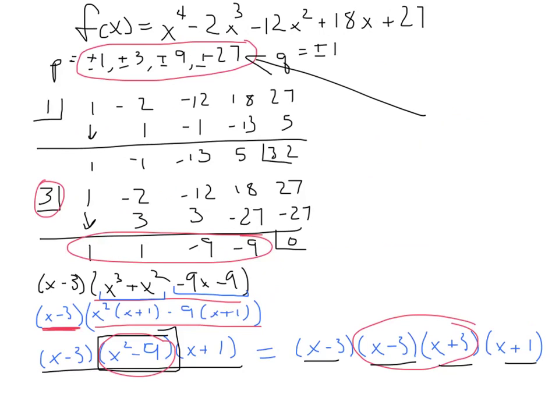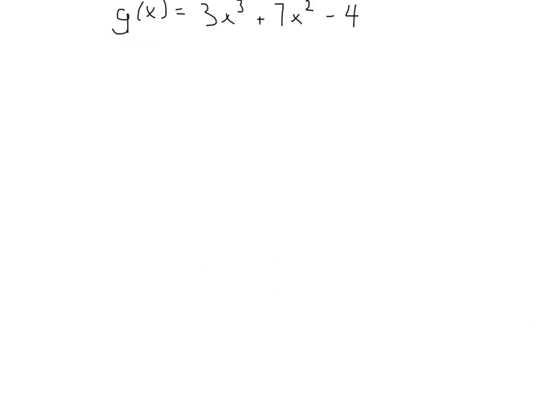And we'll try one more example of this where the leading coefficient is not 1. Here we'll consider the polynomial g of x equals 3x cubed plus 7x squared minus 4. Again, we know that our p-values are all factors of the constant term, which is negative 4. So we've got plus or minus 1, plus or minus 2, and plus or minus 4. Q are all factors of the leading coefficient, which in this case is 3, so it's going to be plus or minus 1 and plus or minus 3, which means my possible roots,